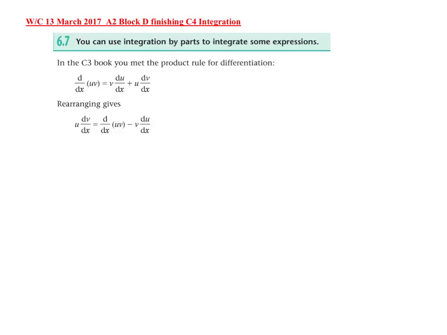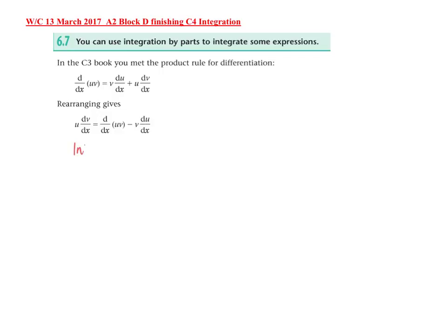and if you think about the product rule for differentiation from C3, it's leave the second, differentiate the first, this part here, plus leave the first, differentiate the second. If we rearrange it, we get u dv by dx equals d by dx of uv, and so on. Now what we can do is integrate,